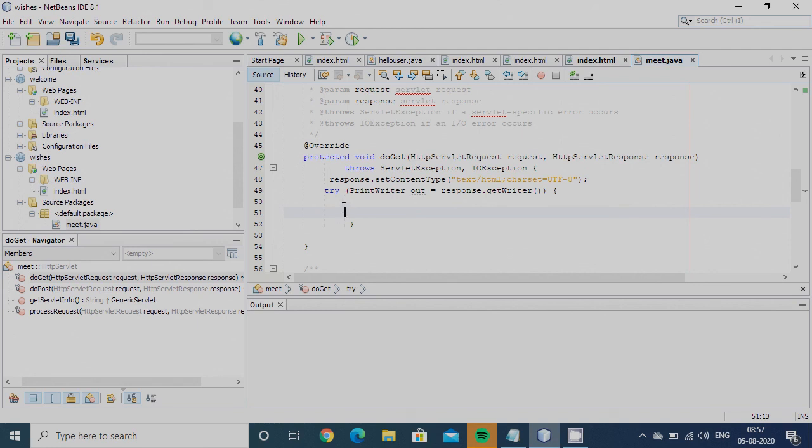I'm using the heading tag h1 and caps lock, Good morning users.